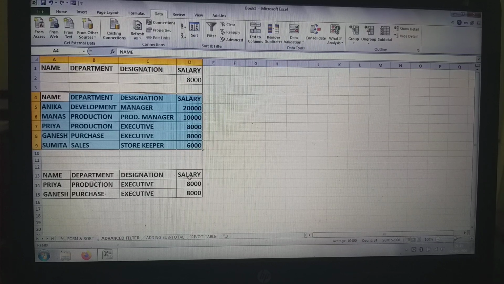So by advanced filter, those who have got 8,000 salary, their names are extracted from the list range separately.